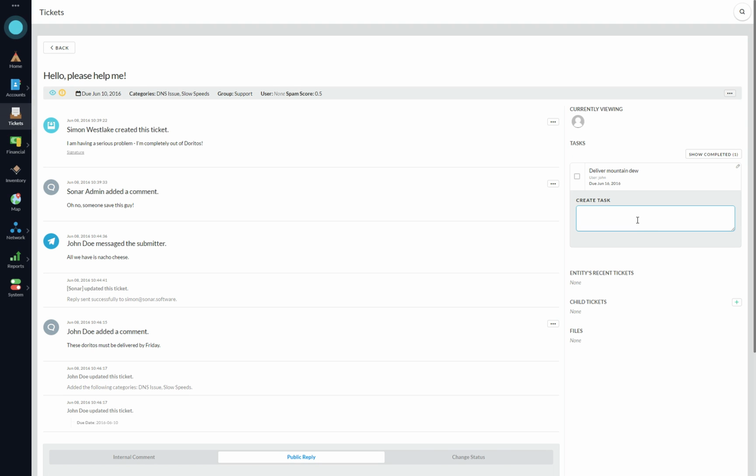So if I want to use these tasks extensively, one of the things that you probably want to do is get these tasks into a different calendar. You probably want to be able to get them into your Google Calendar or into Outlook or something like that. And so if I go up into my profile,